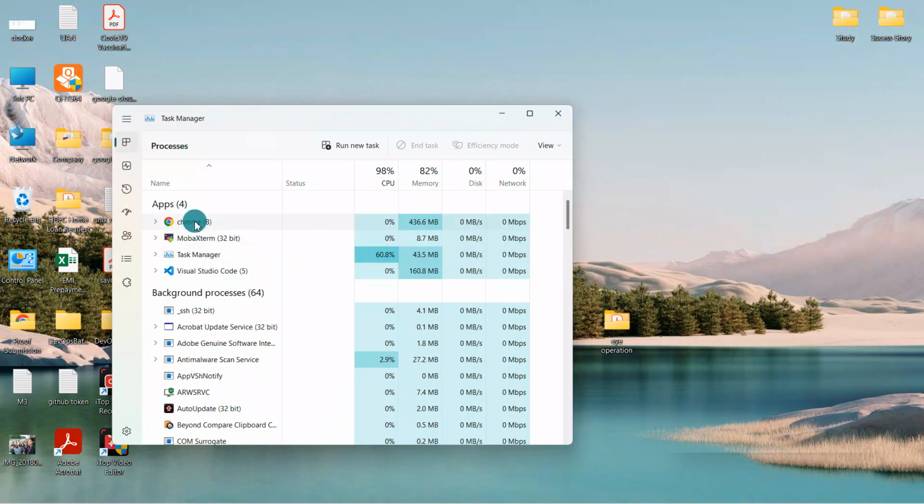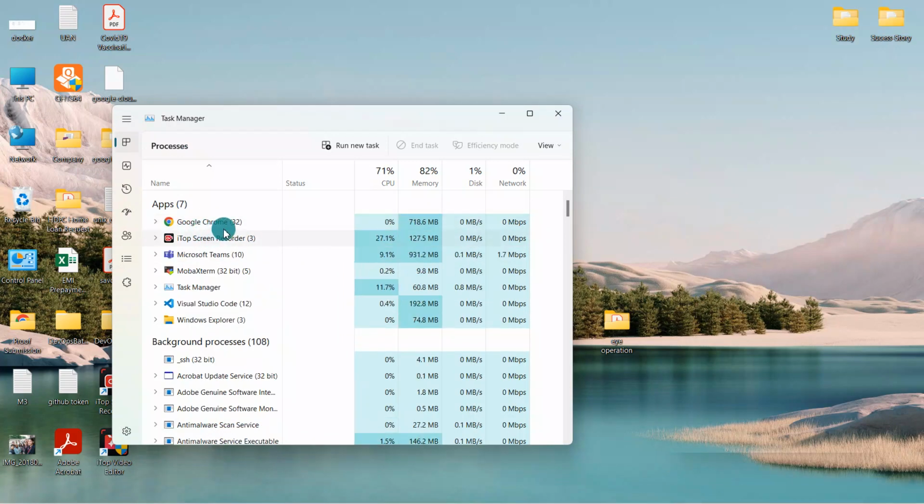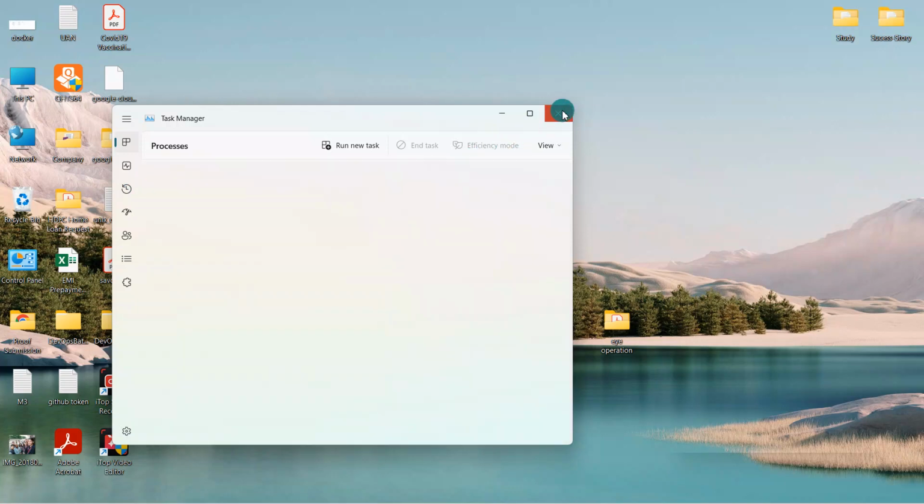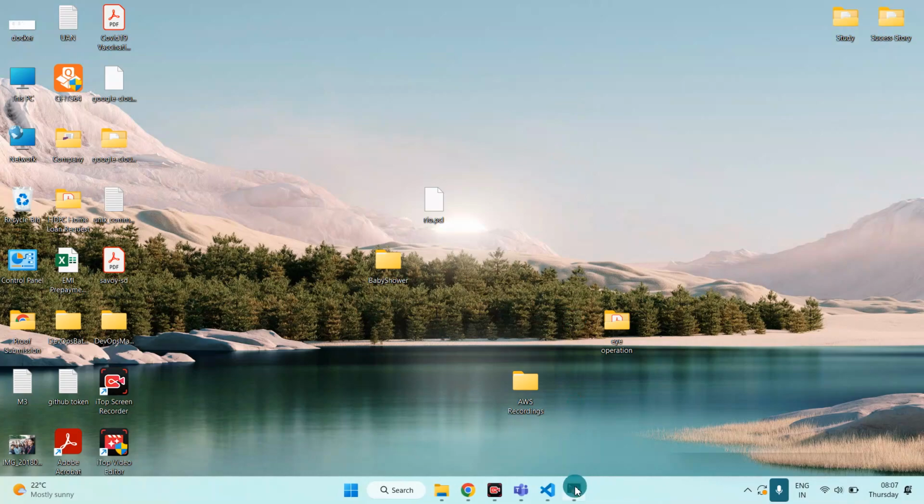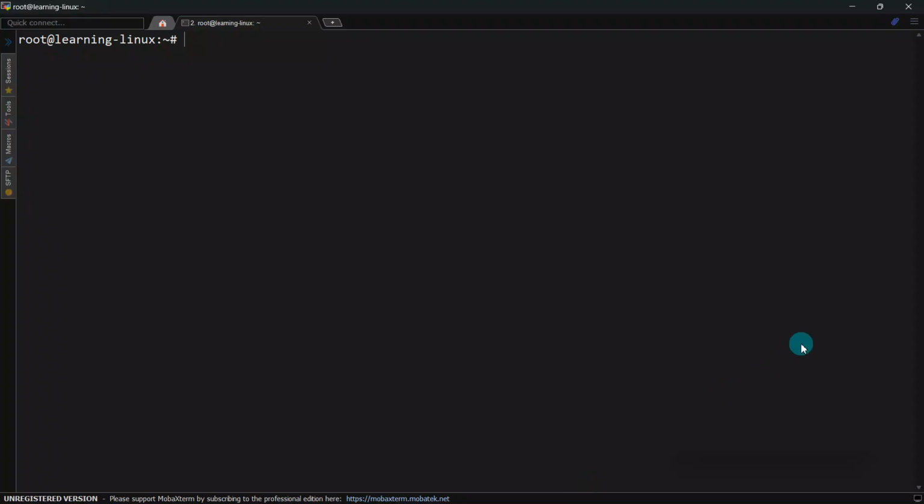Like I'm using Chrome, this screen recorder, Microsoft Teams, and a lot of things within this Windows operating system. So similarly there can be a lot of processes running within the Unix box as well. So how do we figure out and find all those processes which are executing currently within the Unix box, that is nothing but